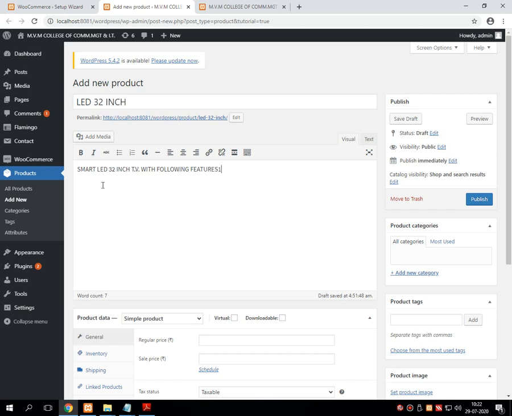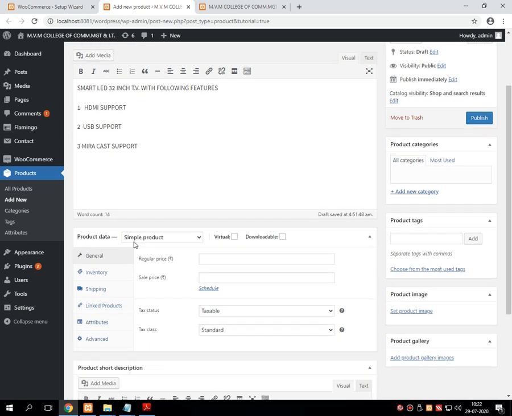Here you have to write a few features like, one, HDMI support, USB support, Miracast support, etc. etc. I am just giving 3.